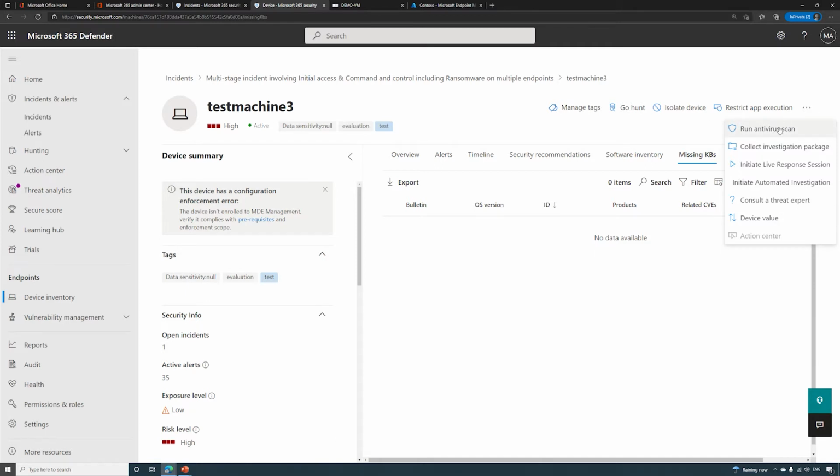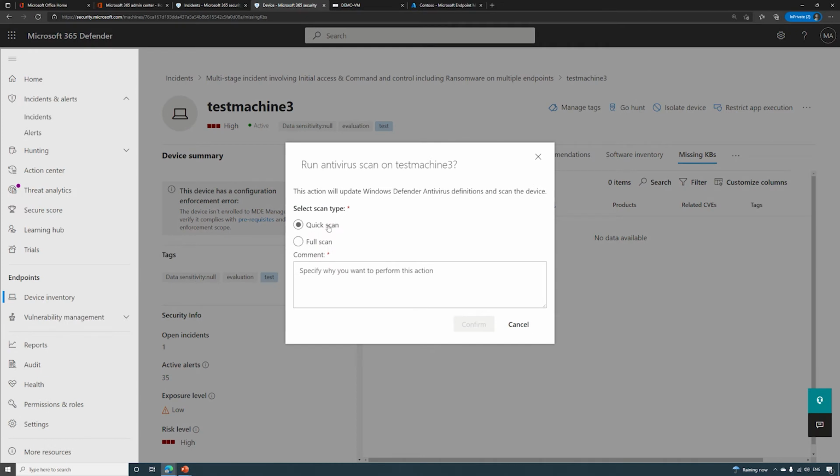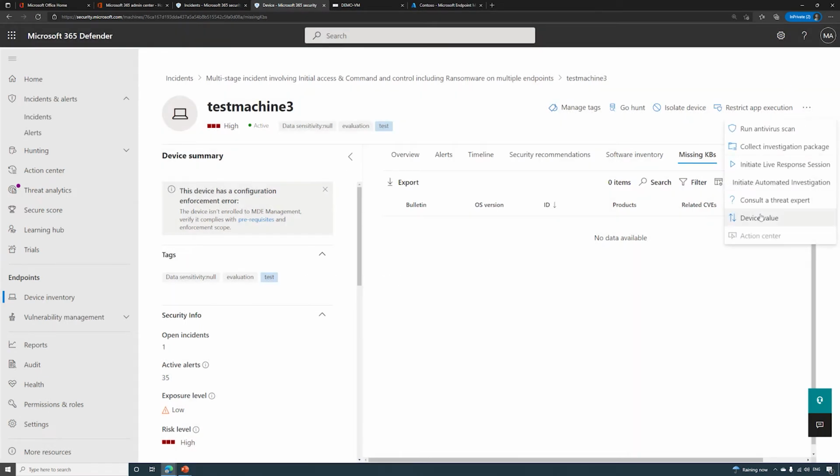So we can run an antivirus scan, in which case it would be a quick scan or a full scan. Again, provide a comment. We can collect an investigation package, being along the lines of a zip file that contains